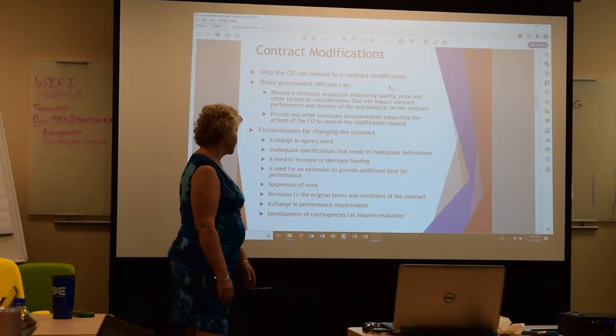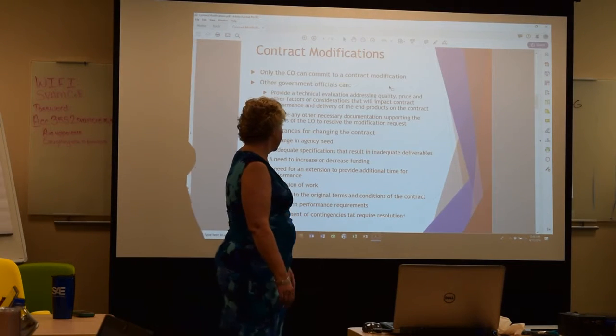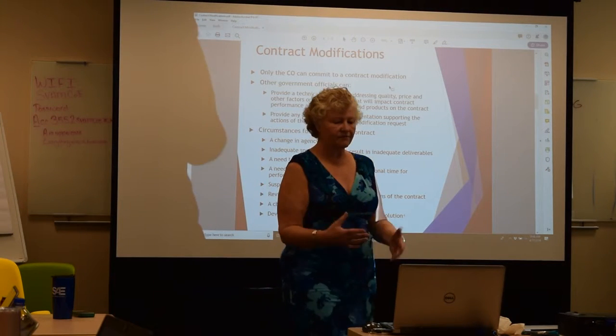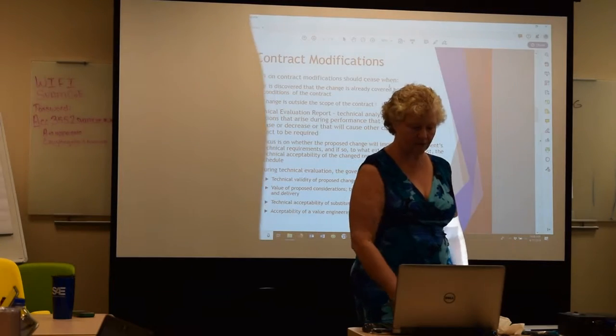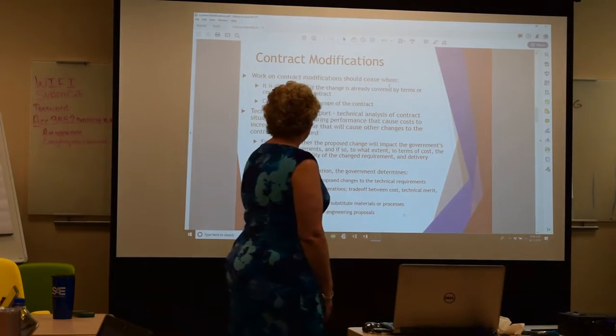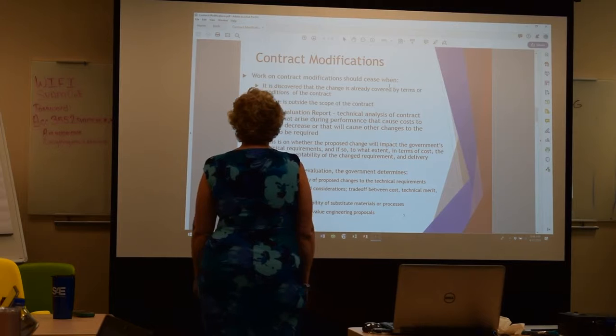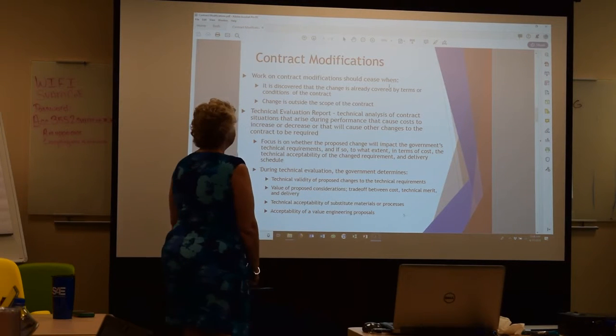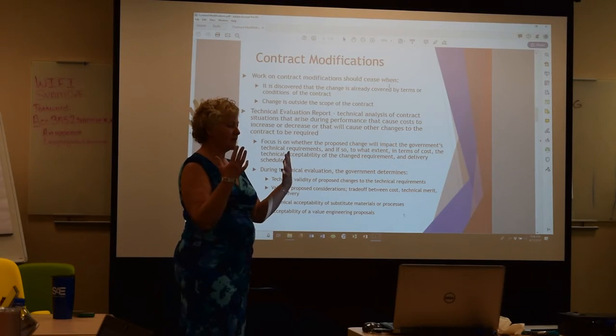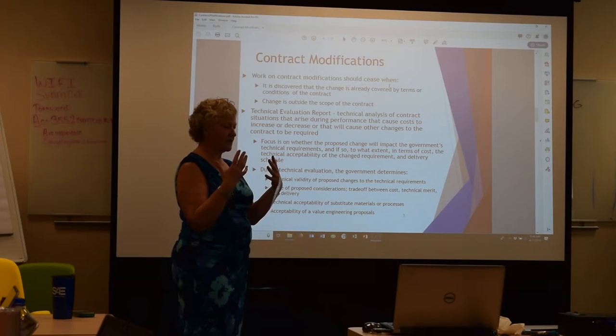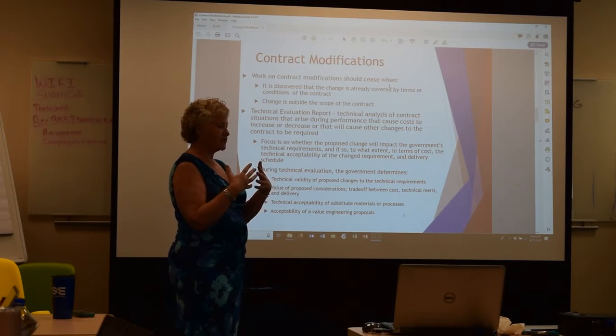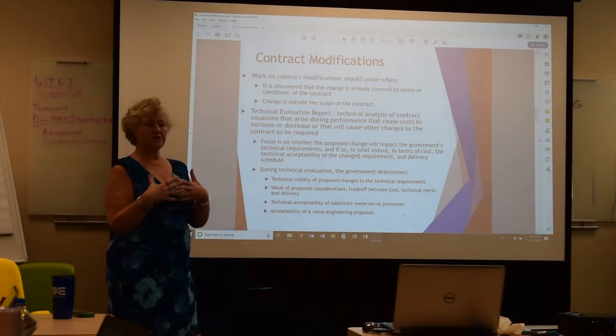Any change to the terms and conditions, any change to performance, basically any change that needs to happen to the procurement or to the contract. So again, these contract documents can be kind of big, and so the contractor starts working on a contract modification